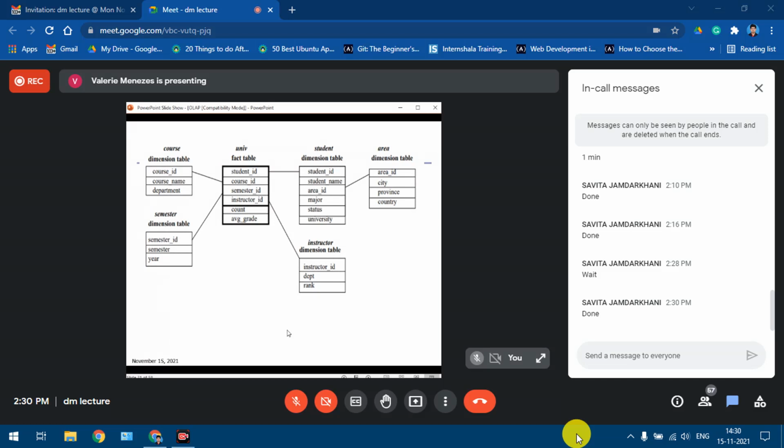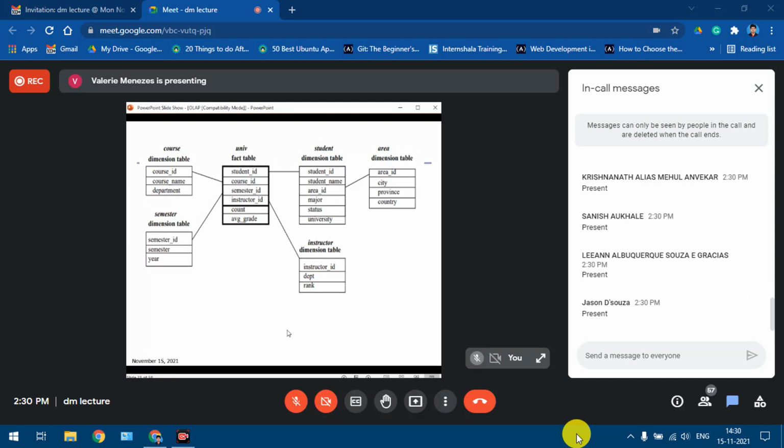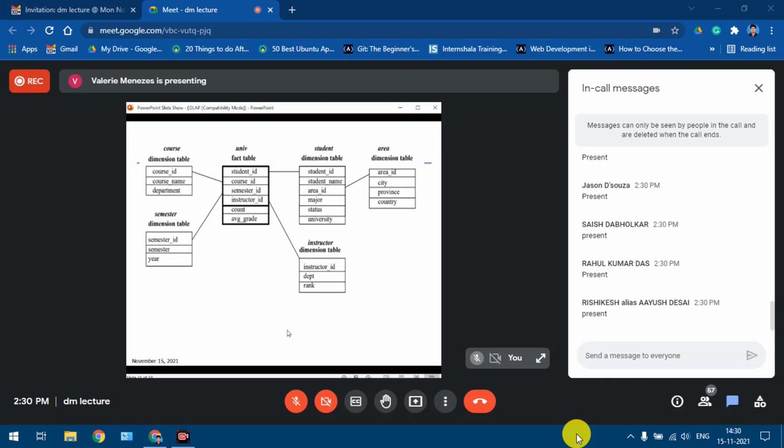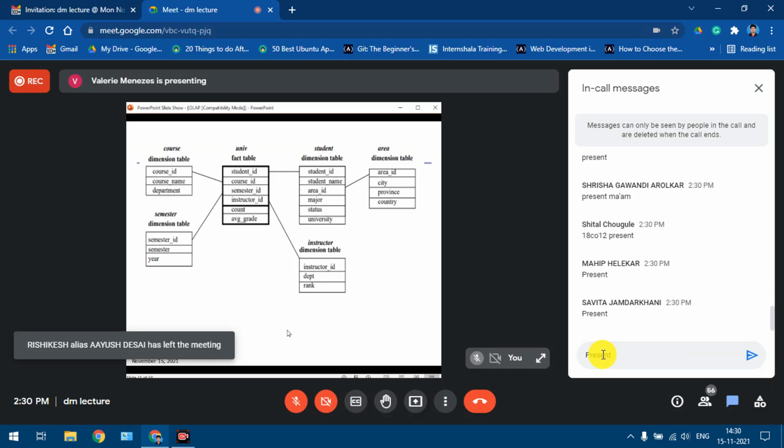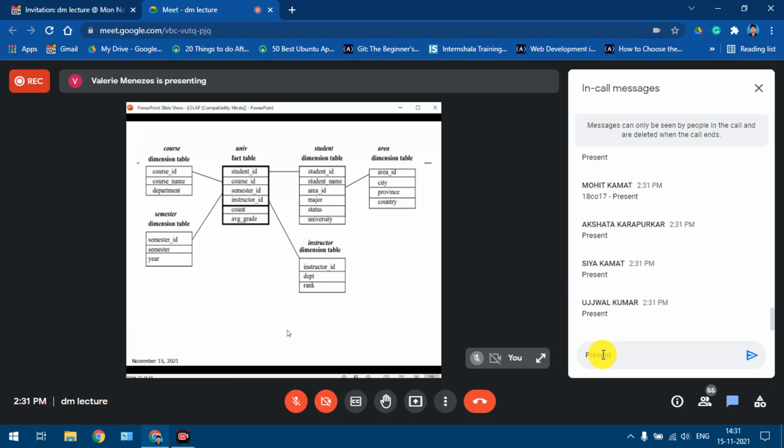Leanne, Leanne, Wendell, Mehul, Tanish, Jason, Saish, Rahul, Lakshmi, Rishikesh, Lizanne, Shrisha, Sheetal, Mahit, Savita, Virisha, Pradnya, Mohit, Sia, Akshata, Pradnya is absent.